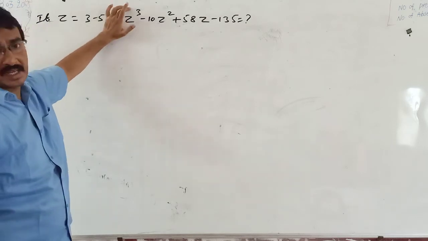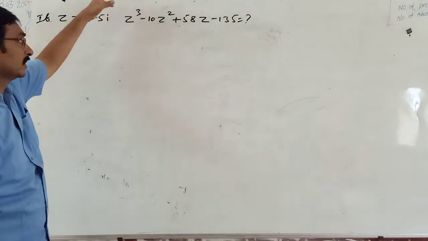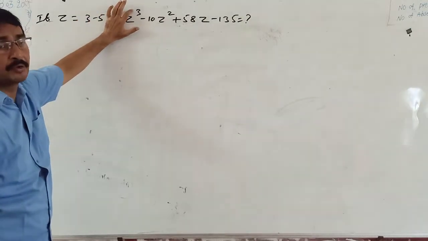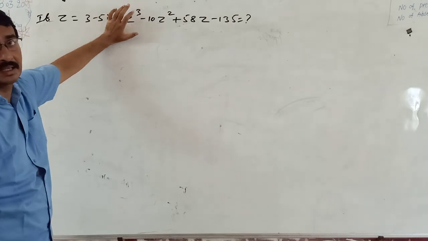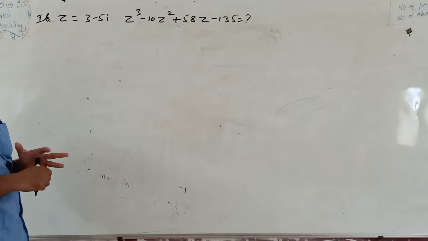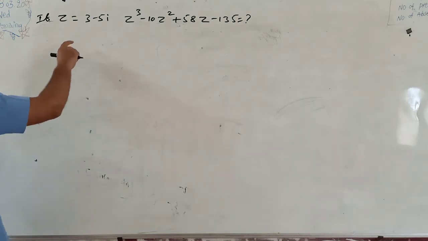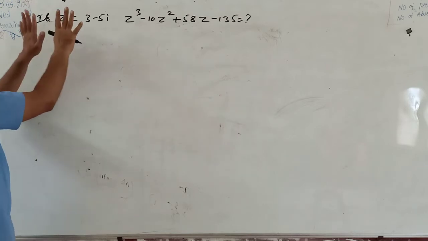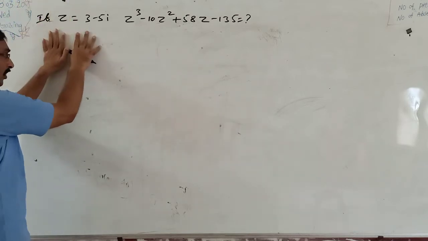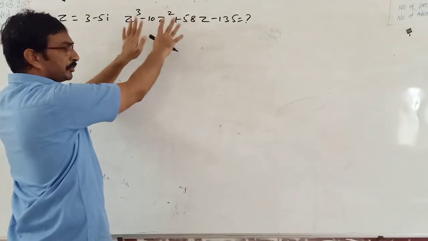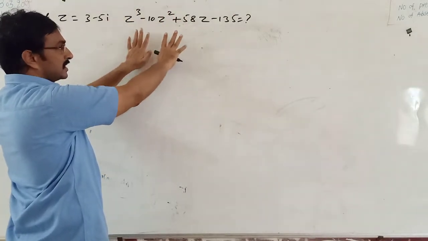Suppose the required one is a second degree expression, then that one is okay. But if the given one has third degree, fourth degree, fifth degree, sixth degree, then that is too much calculation. So see the remaining two methods. First, see the working rule, problem model. They will give some complex number. What is the value of a second degree expression, third degree expression, fourth degree expression, fifth degree expression, etc.